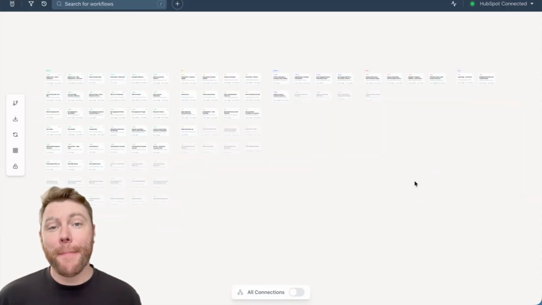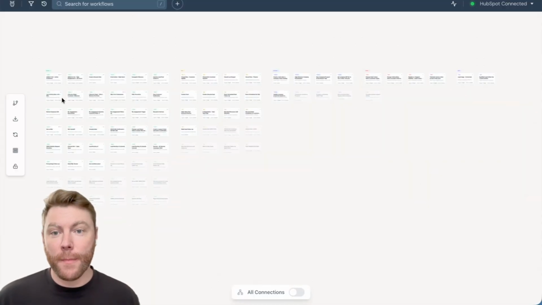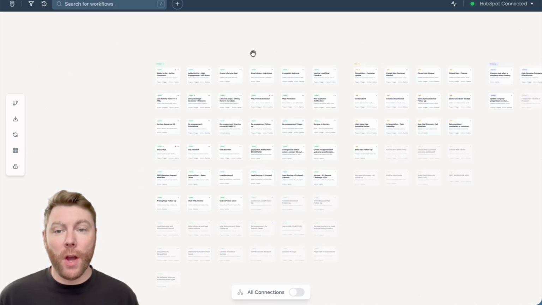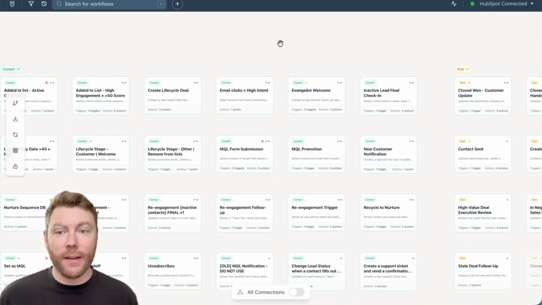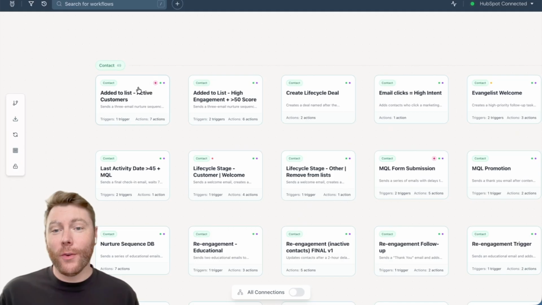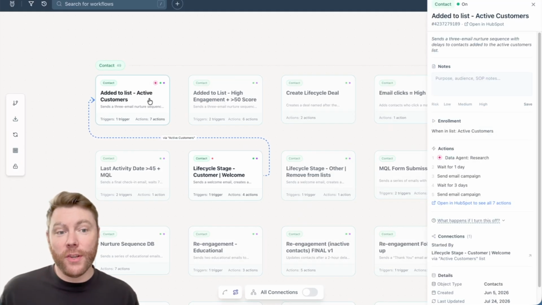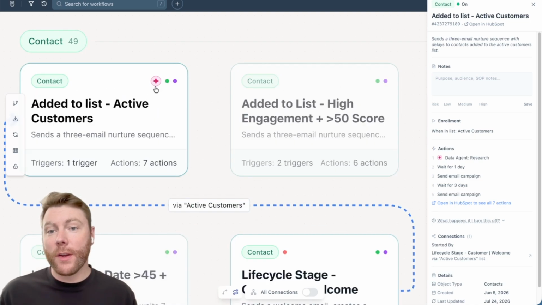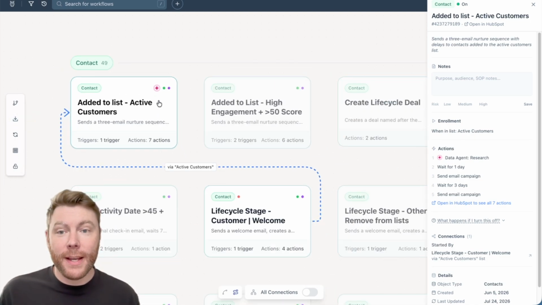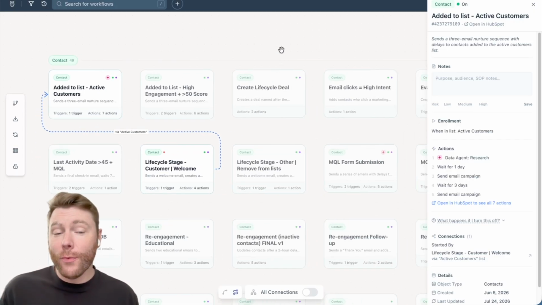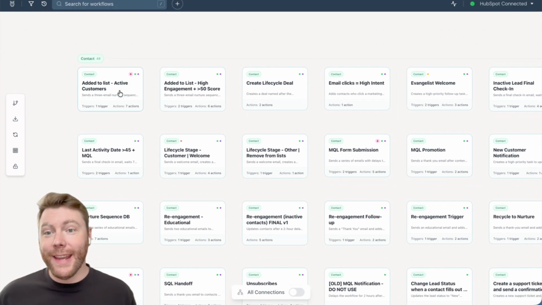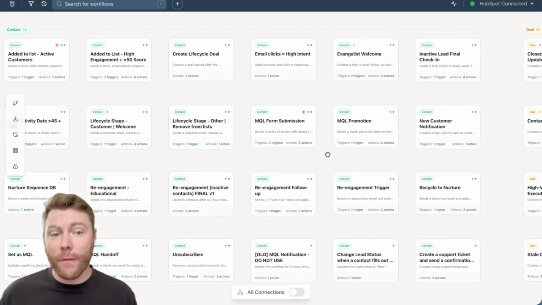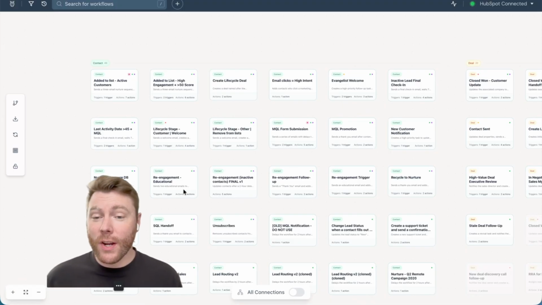Let's talk a little bit about the data agent first. On your HubSpot map, under each workflow that you see here, whenever a workflow has a data agent action associated with it, you will see that being surfaced with the data agent icon. This is visible all throughout your canvas, and I've added a few data agent actions throughout here so we can see there's one on the added to list, there's one on the MQL form submission, there's one on the set